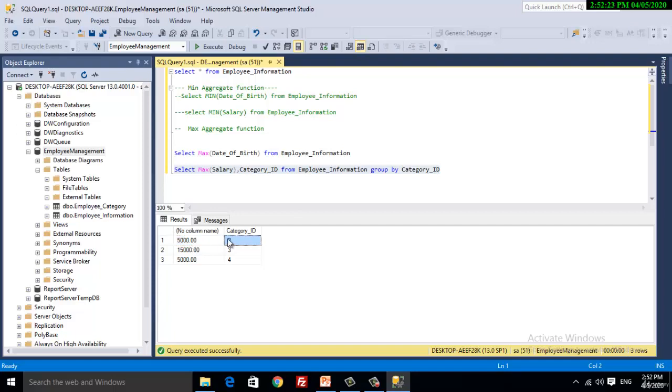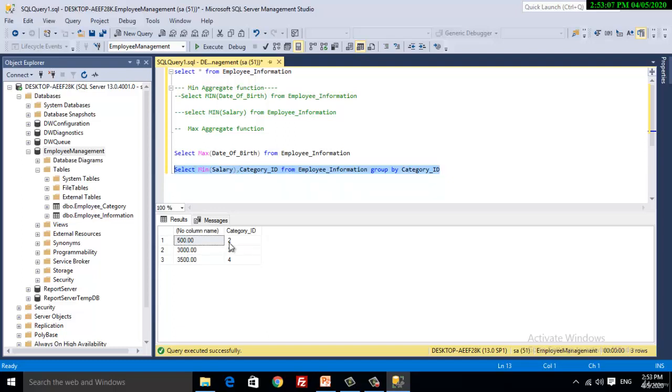It shows that category ID 2 contains the maximum value 5000, category 3 contains the maximum value 15,000, and category 4 contains the maximum value in salary column, 5000. Got it? Now just replace the keyword max with min to select the minimum wages of each category.